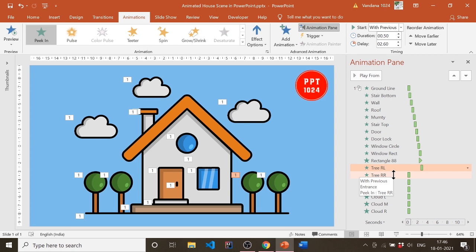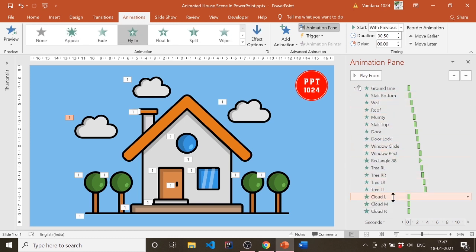Tree right left 2.6 seconds, tree right 2.8 seconds, tree left right 3.1 seconds, tree left 3.3 seconds, cloud left 3.6 seconds, cloud middle 3.8 seconds, and cloud right 4 seconds.